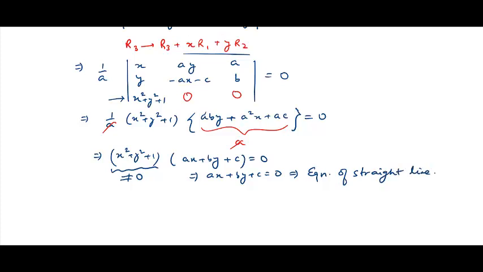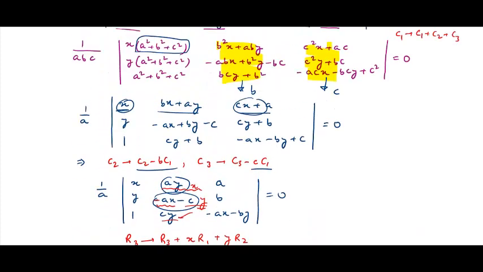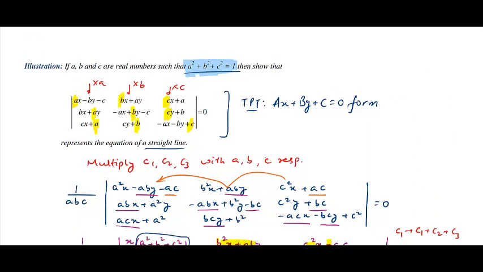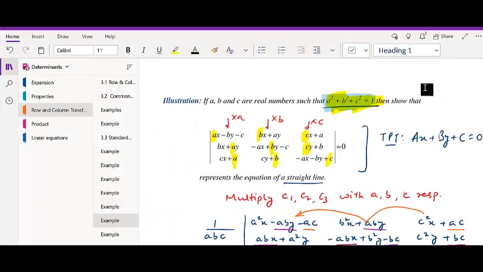So again, the question is otherwise a simple problem, but the key idea is how do we start the problem. And to start the problem, you have to be comfortable with this observation. This observation becomes very important here. Alright, so we now take the next example, and we'll learn something more interesting there.